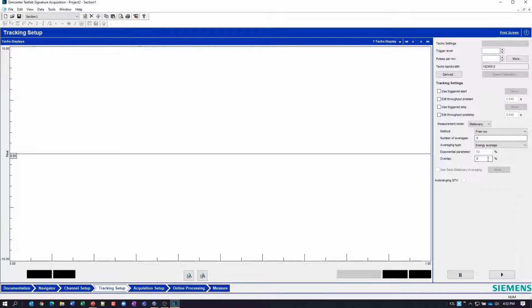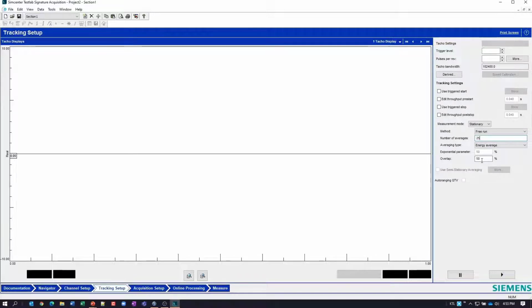And as well as this overlap percentage I like to use an overlap of maybe 50%. In addition, we're going to want to set the number of averages. In this case, let's say I just want to take 25 averages. Okay, so it's going to run and it's going to average 25 different averages, and each of those averages is going to be overlapped the previous one by about 50%.